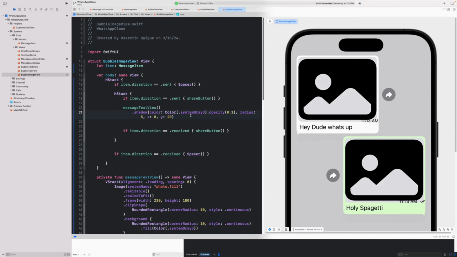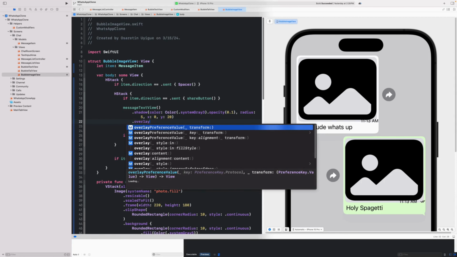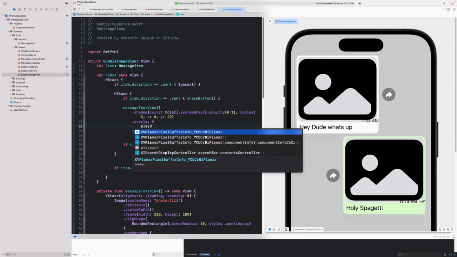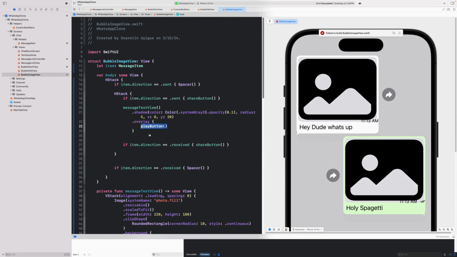And now the next thing I'm going to want to do is overlay a play button. Like I said at the beginning of the episode, this component is going to be responsible for showing both the photo messages and video messages. And so the way we're going to do that is to overlay a play button here. So we're going to create a play button. And you already know what we're going to do. We are going to create another function. Play button,